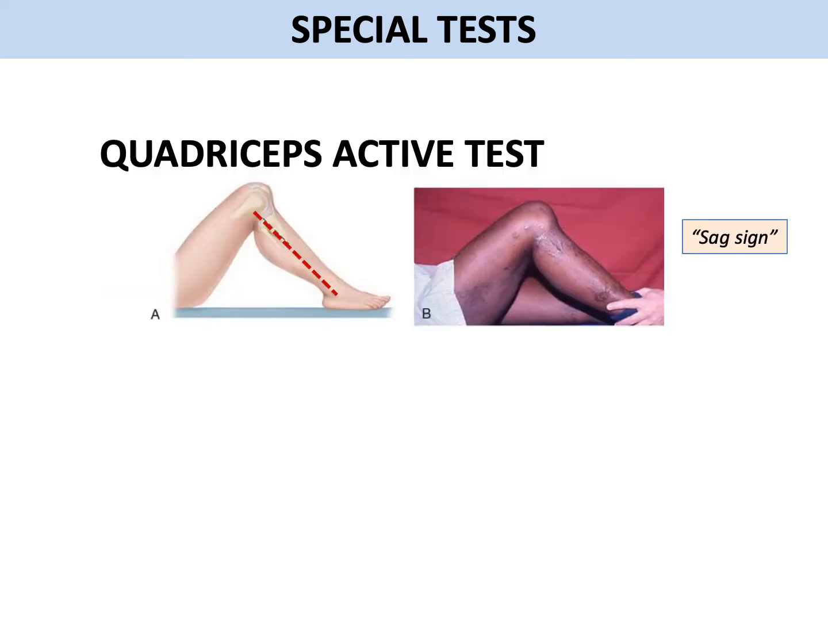Another test is the quadriceps active test. This is called the sag sign, right? That's because of the PCL tear. When the PCL has been torn, the tibia sags posteriorly. This is called sag sign. And before we proceed to the anterior drawer test or posterior drawer test, this test has to be done. That's because